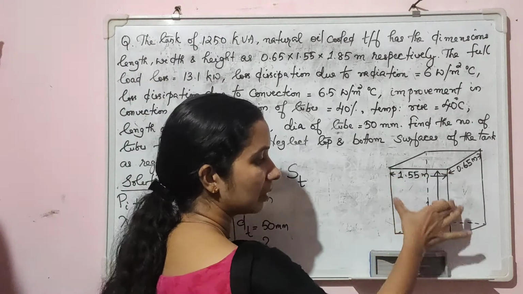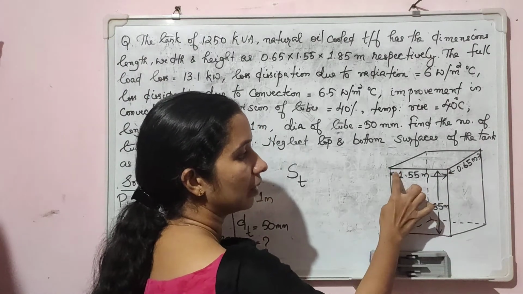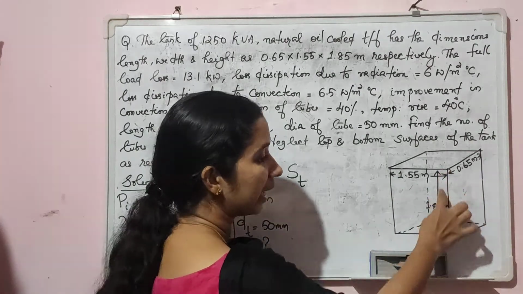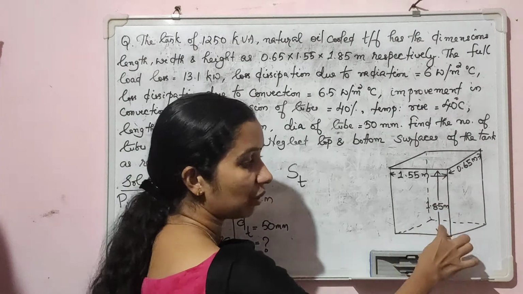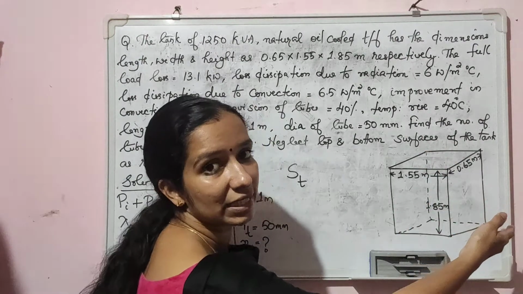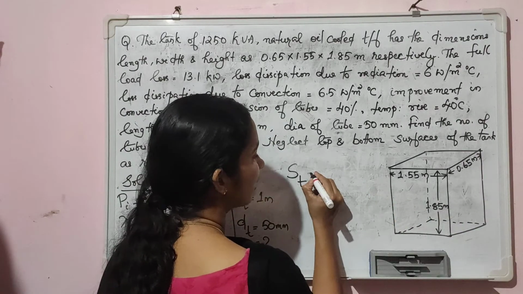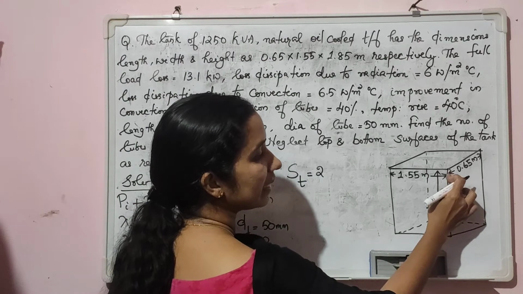So this is our front face. How will we calculate the area? Width of the tank into height of the tank. And similarly, one similar face is there at the back side. So we have to take 2 into LT into WT